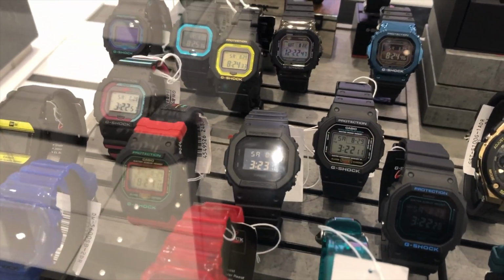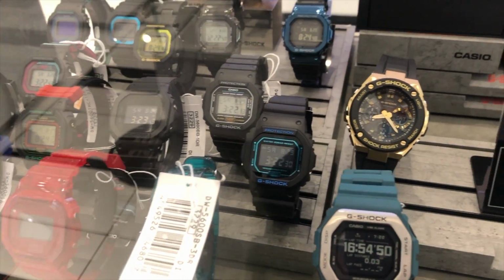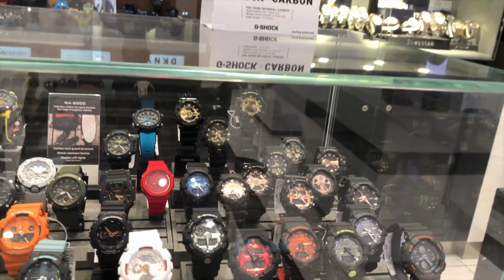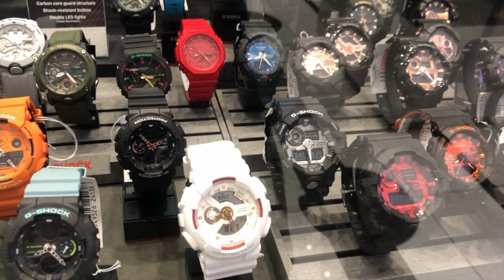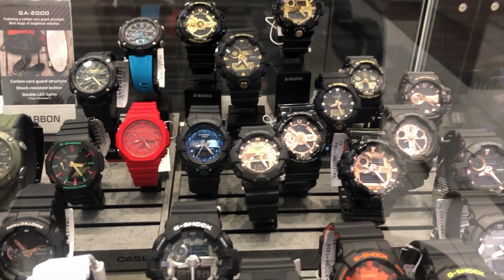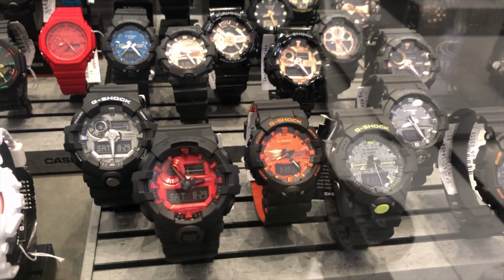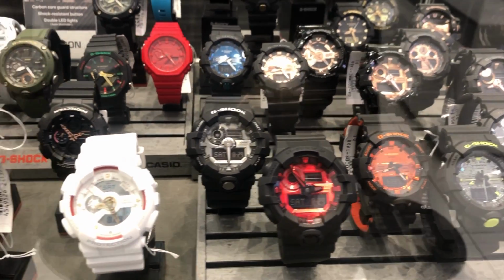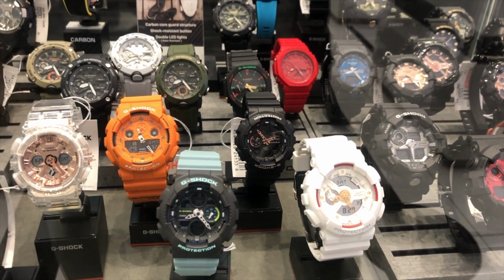So what would be the perfect solution for that? A hybrid model with the comfortable and lightweight resin strap, but a case made out of metal. The first time I tried one of these watches on my wrist, I immediately fell in love with them. They have such a nice high quality case, but do not have the stiff end links and can fit well to smaller wrists. Also, the combination of the materials is really nice. So I ended up buying the